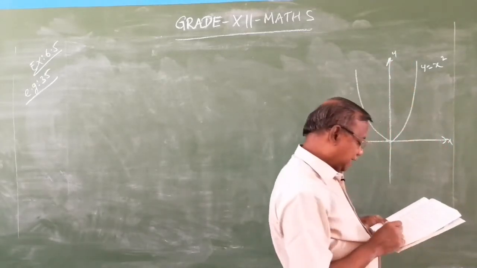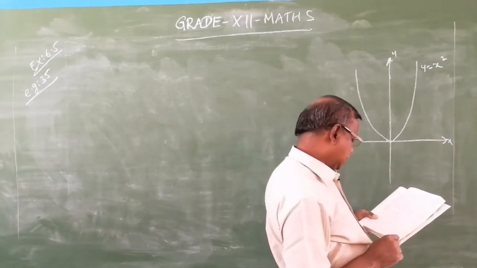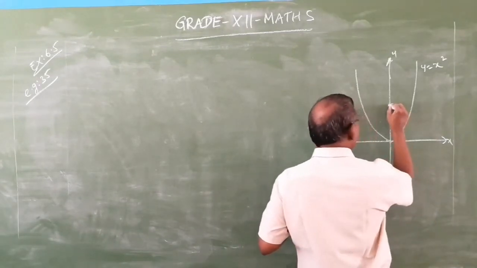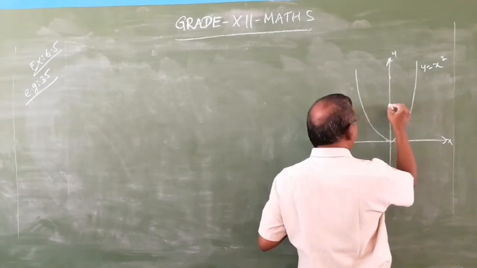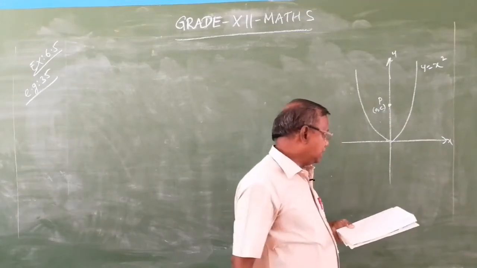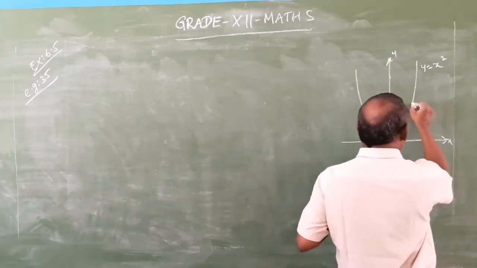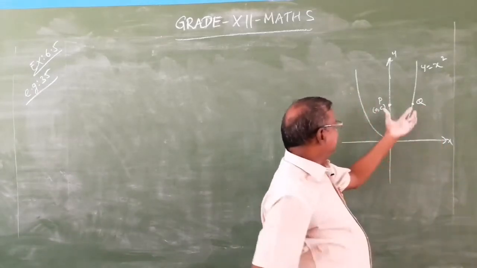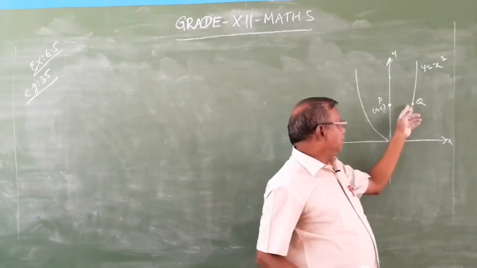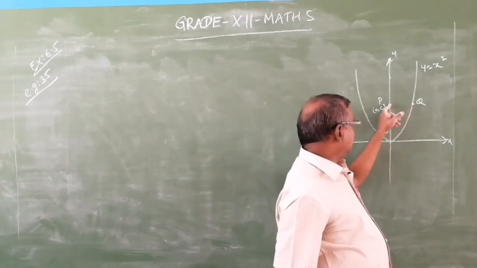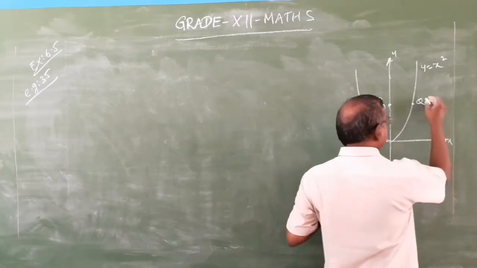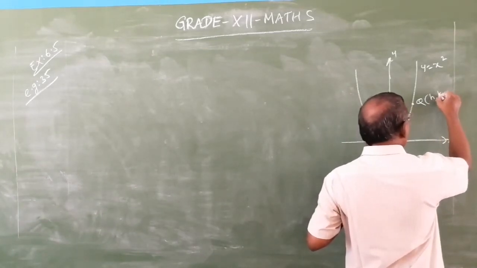Now we need to find the point on the parabola which requires the distance of the point 0, c. So clearly, let this point be 0, c, which lies on the y axis. Now we need to find the point q such that the distance between these 2 points is minimum. There are numerous points on the parabola, but we want to find the point which gives the shortest distance to the given point. So let us take the coordinates of the point q as h, k.